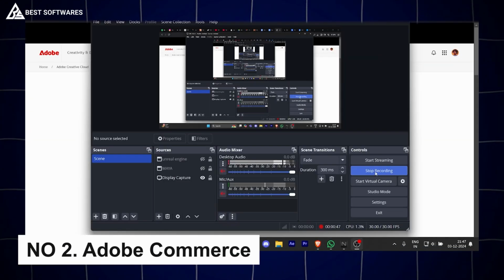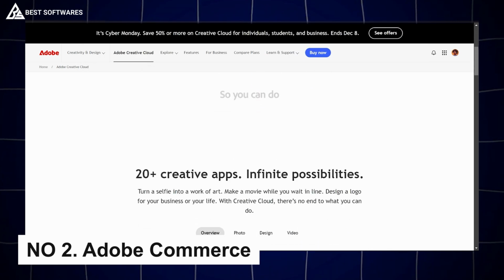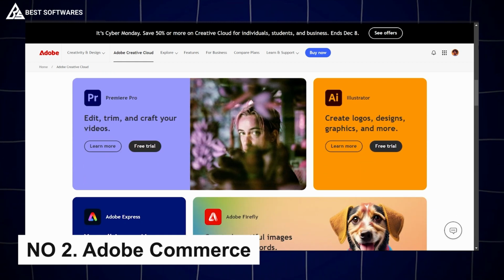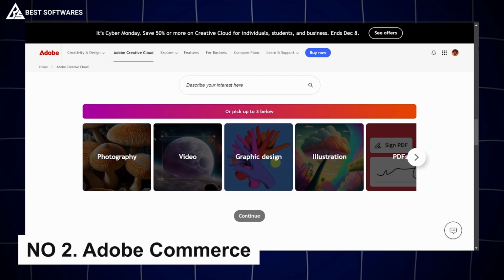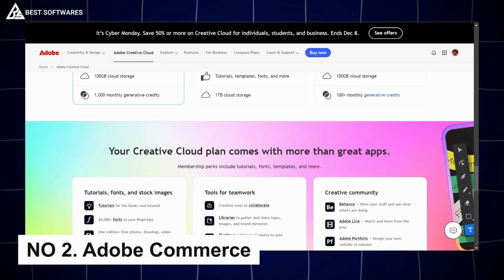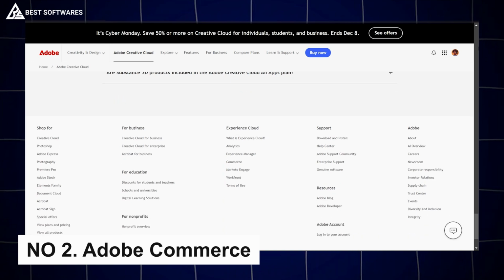Platform number 2 is Adobe Commerce, best for advanced beginners ready to scale. Adobe Commerce, powered by Magento, offers unparalleled flexibility and scalability for beginners ready to take on a challenge. Its features include multi-channel selling, advanced analytics, and extensive customization. While it has a steeper learning curve, the platform is ideal for ambitious entrepreneurs looking to grow a robust e-commerce